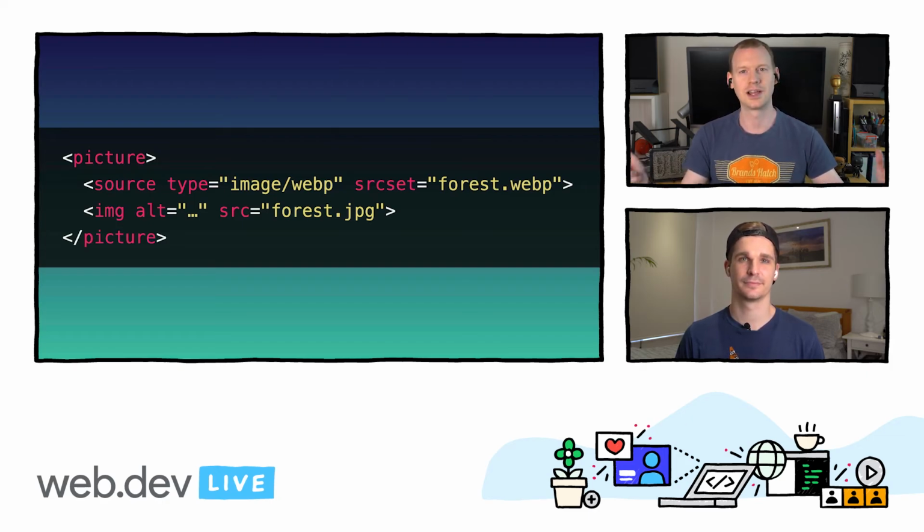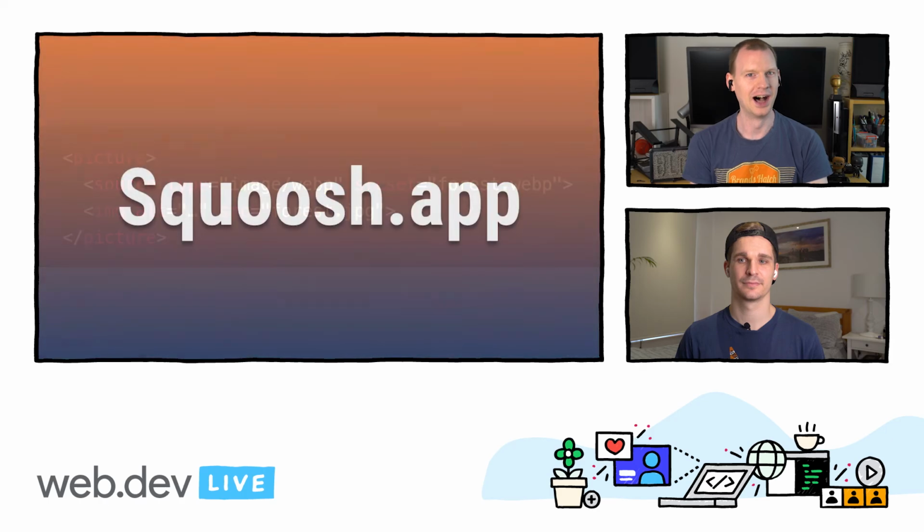So let's actually compress some images. Now the compression tools in things like Photoshop are not very good, which is one of the reasons that we built this. Not just us two, we were part of a team, but yeah, Squoosh.app. This has the latest WebP build. It also has MozJPEG, a really good JPEG encoder from Mozilla.